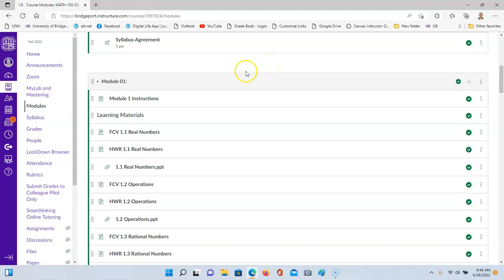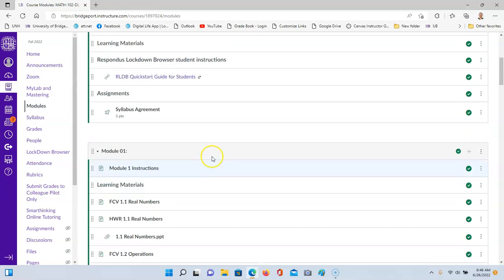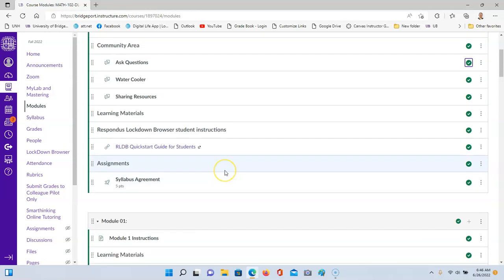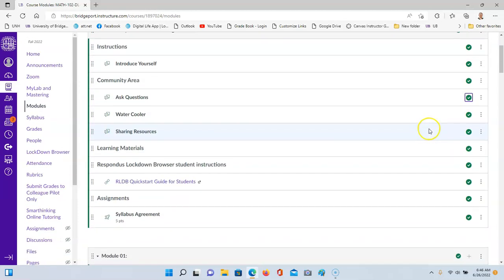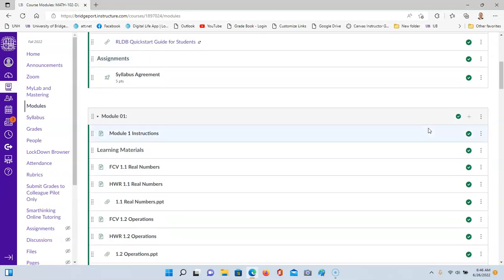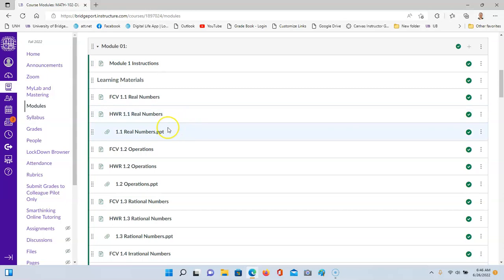What I've done, the modules were set up. And again, if you wanted to set up modules, you would go here where it says modules, click on the plus, then you could name it, and then a new module would form. This has already been done. So in module 1, this was all set up, and I noticed the PowerPoint slides for a particular topic were